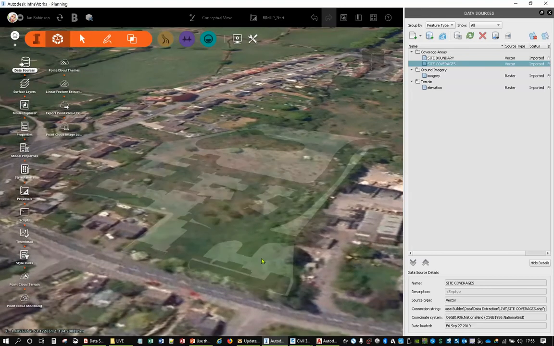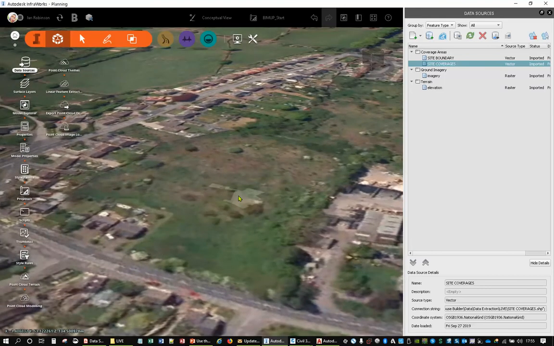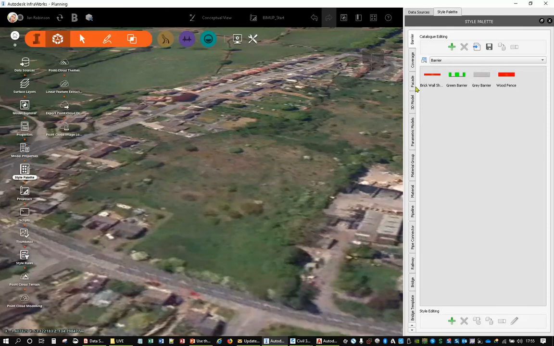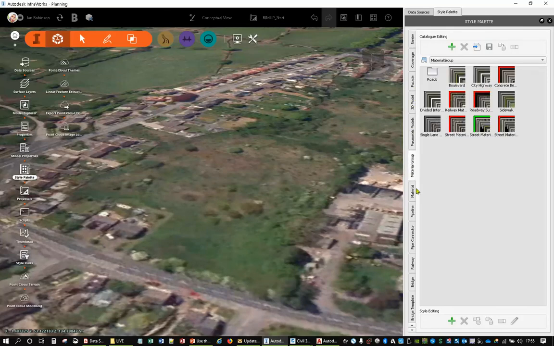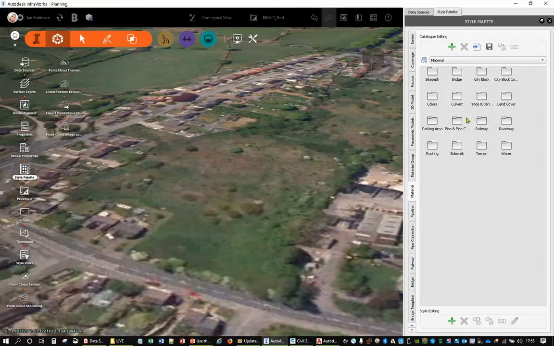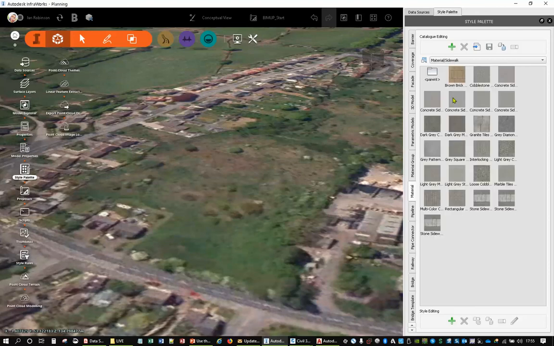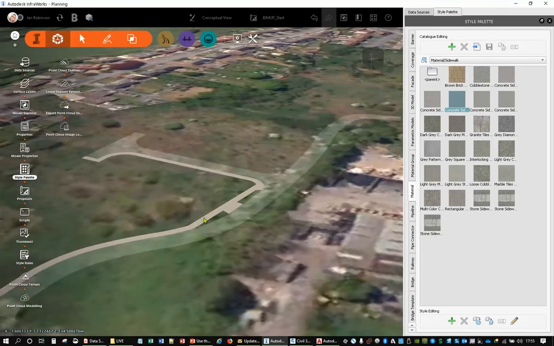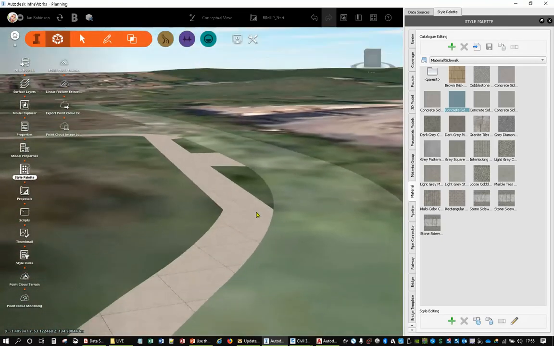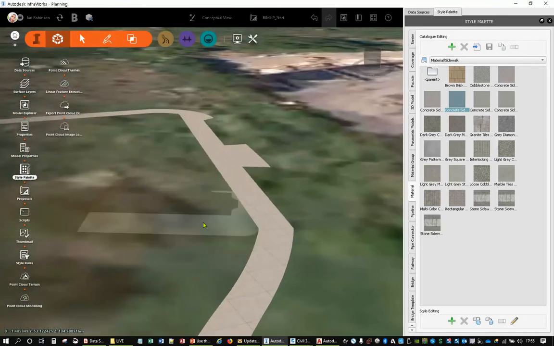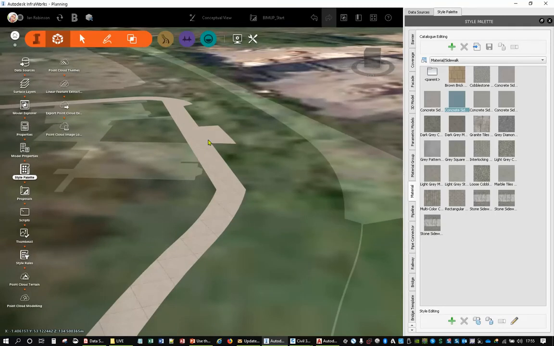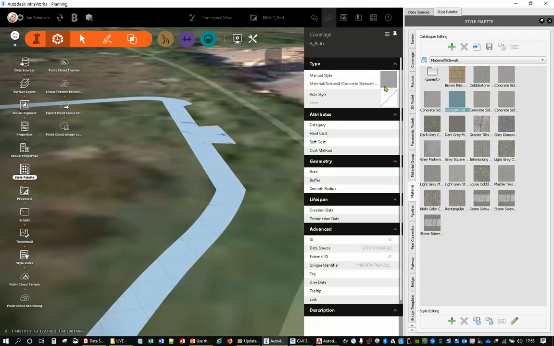So what we can do now is style them. If you were to open up your style palette and just pick materials, you could start just chucking materials wherever you like. If I was to just pick concrete, there's the footpath, drag it on, and now it's got that on it. Okay, so we can just drag and drop any style that we want. However, I'm going to clear that